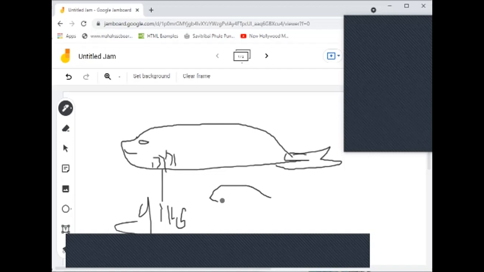The body of these animals is narrow towards both ends and broader in the middle. It is broad, you can see, and that's why they easily swim in the water body. So it is called the spindle shape. Spindle shape body: the anterior end and the posterior end are narrow, and in the middle it is broad. You can see here it is broad towards this side and narrow towards the posterior side.